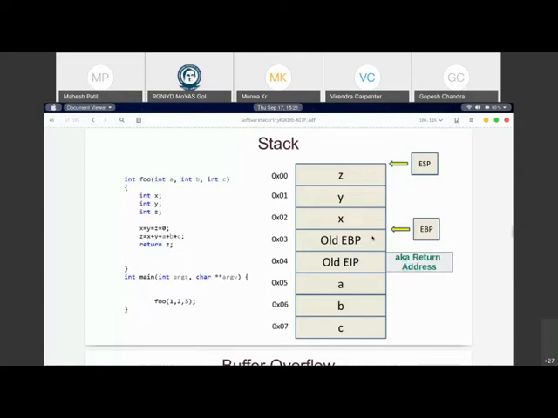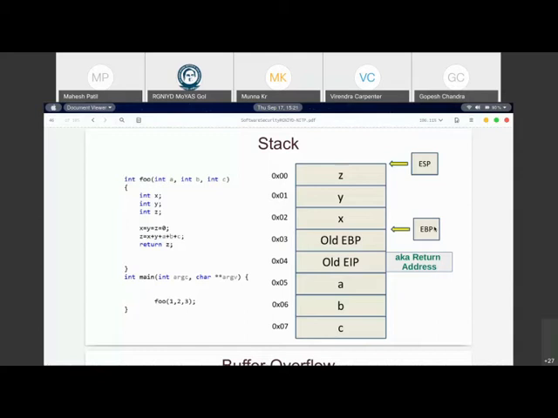After that, it also requires a frame pointer. The EBP register is used to access the a, b, c arguments as well as the x, y, z local variables. So how these arguments and local variables will be accessed is using the EBP register.